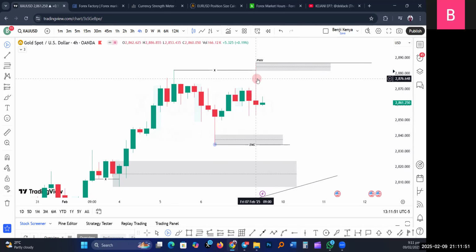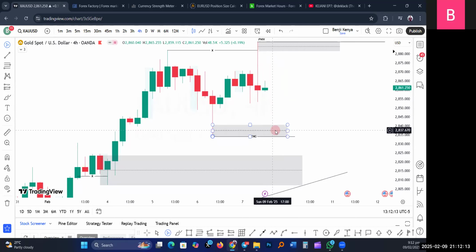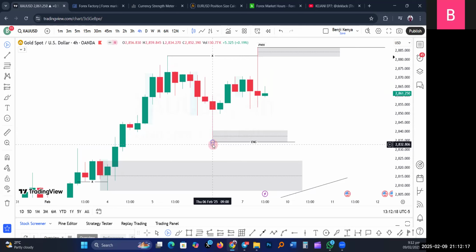This imbalance, when we come to lower time frame, I'm going to see it because we're on the 4 hours. Then this, for me, is engineered liquidity for those who want to buy at this particular area, because I'm seeing so many people want to buy here. So for me, this is more like liquidity. This is not a clear area to take a buy, because so many people want to take a buy here. I wouldn't take a buy at this particular area. This is more like engineered liquidity, because from here the market went higher, broke this high,